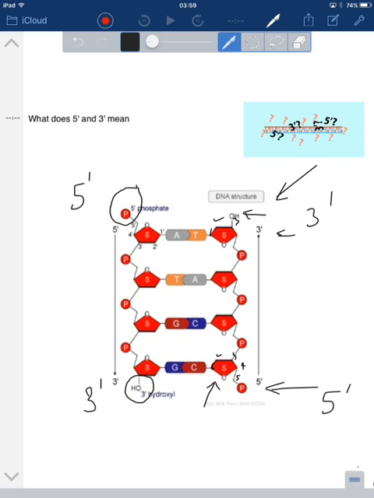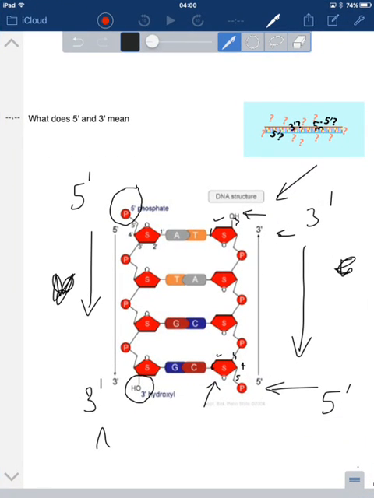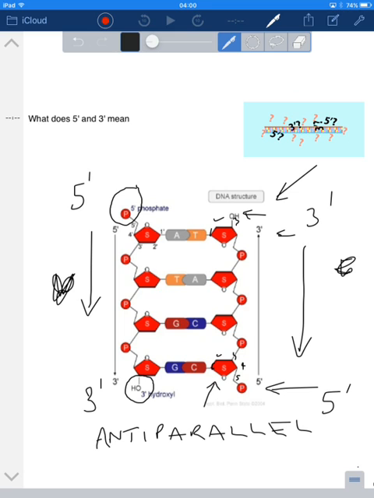And so we can see here that on this side we have 5' to 3', and on this side we have 3' to 5'. And we call this, and it's a very important word, antiparallel. The strands are running anti-parallel to each other, and we